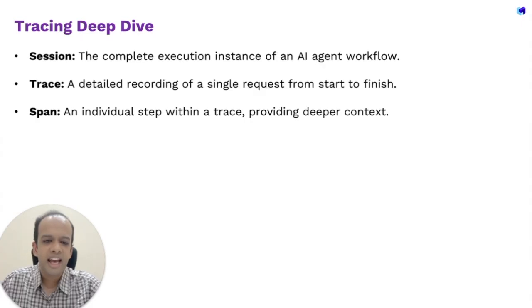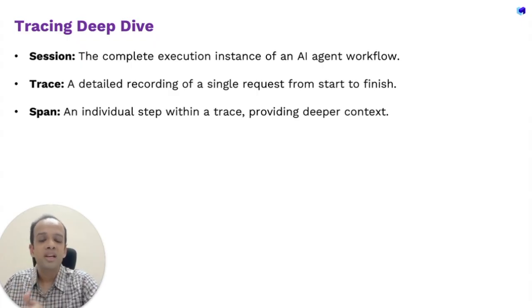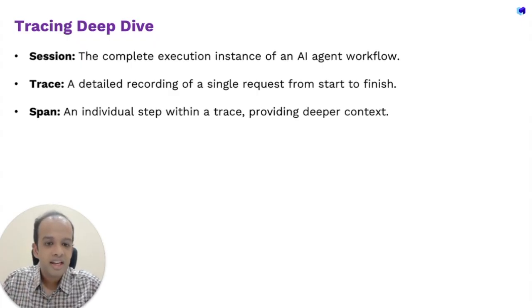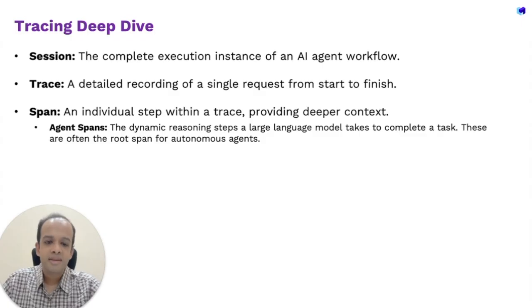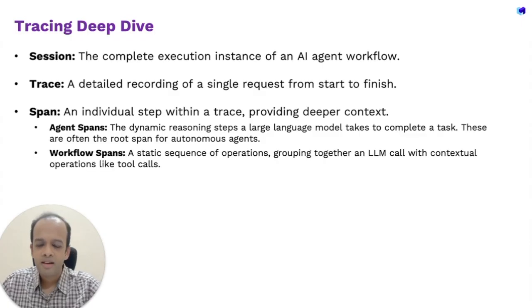These spans detail every single action your agent takes, allowing you to follow the entire process from a user's initial query to the final response. This helps you pinpoint problematic requests and trace errors back to the root cause. Now, there are a few common spans. We can think about agent spans, which show the dynamic reasoning steps an agent takes to complete a task. For example, if you think about a React agent, it might represent a series of reasoning steps controlled by that agent. The second most common type of span is the workflow span,